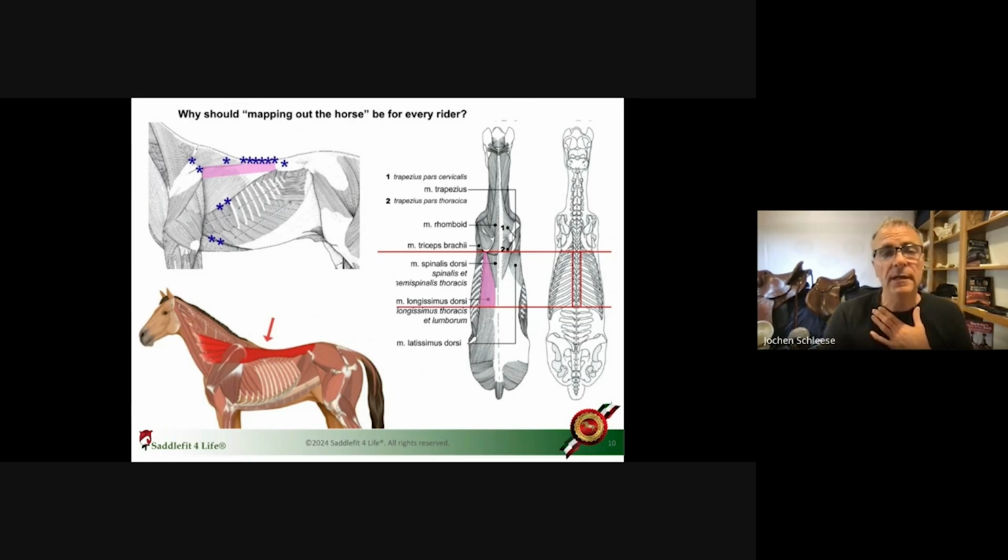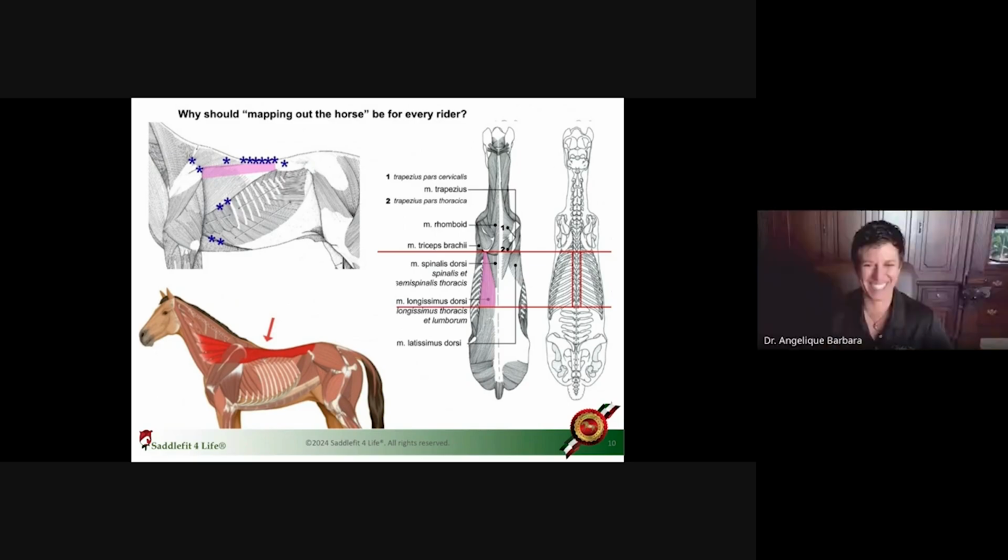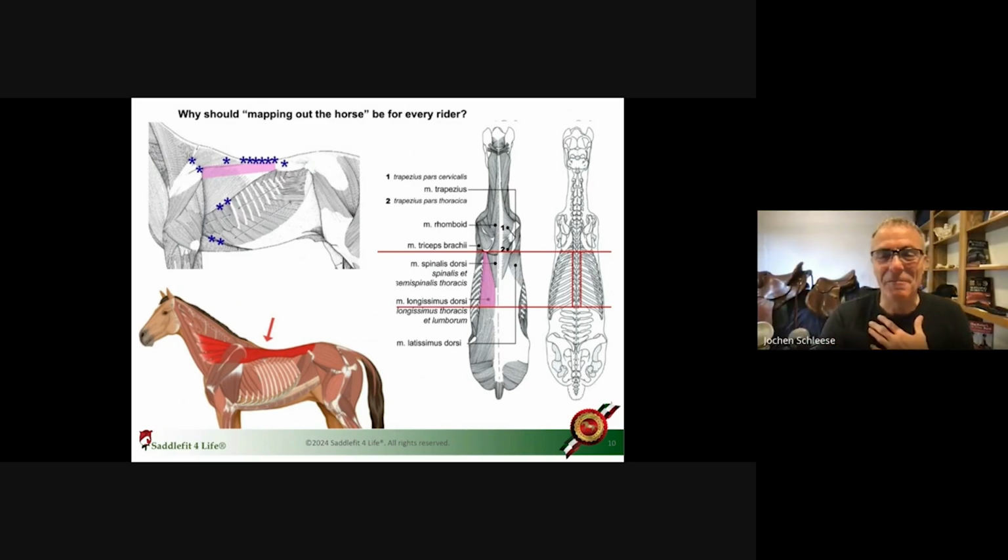Looking from the top here, you can see how the rib cage goes narrow, right? So that's just a view. Very few of us took a picture of our own horse from the top down. It looks really different from when you're just sitting on the horse looking forward. That's an interesting view. And then of course we have different muscle groups, and we have always tried to put the main contact on the belly of the longest back muscle, the longissimus dorsi.